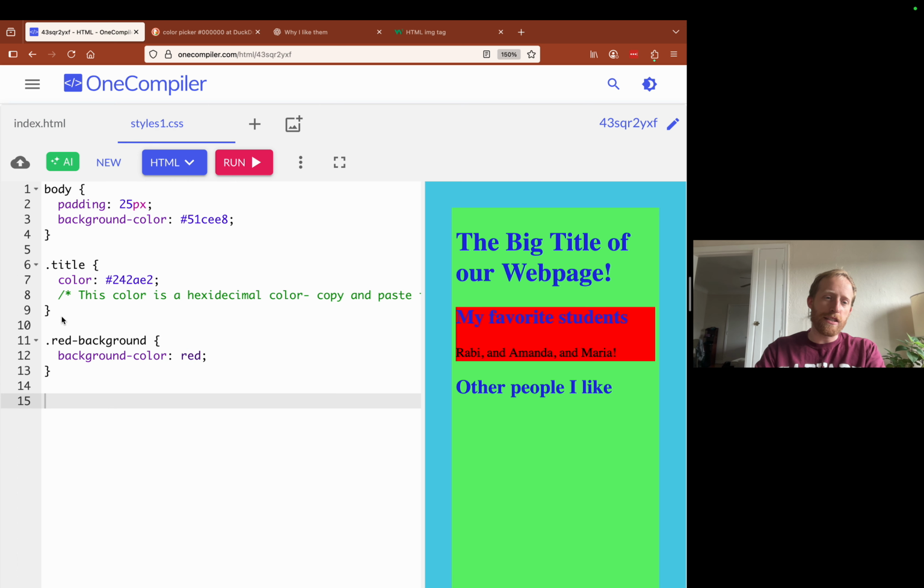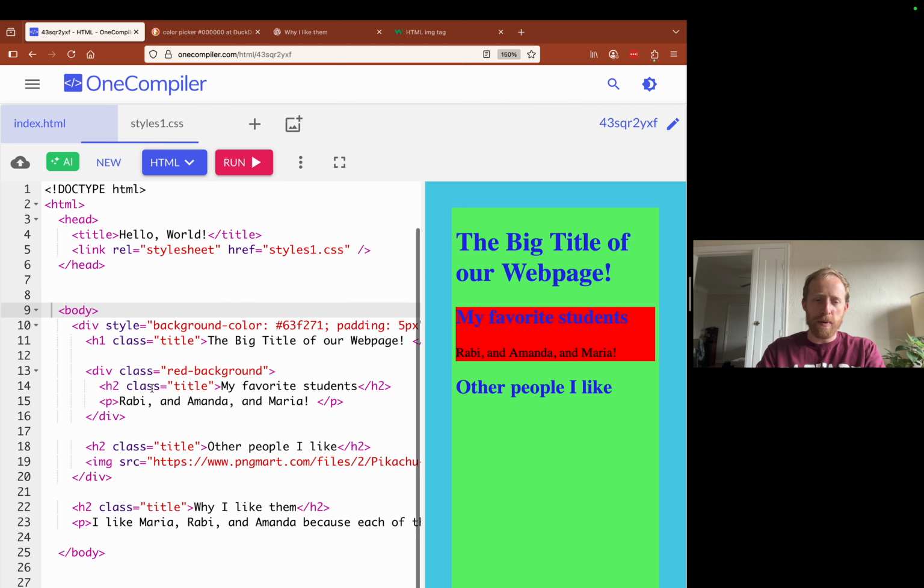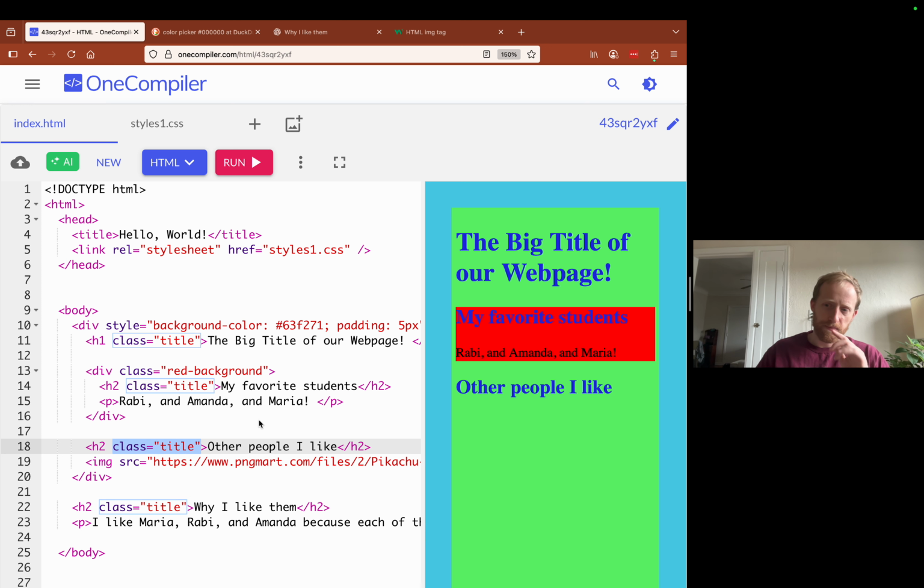So let's look at the title one again. We have dot title and then a color, and that corresponds to this class. Size. Say it again. Size. Okay, where do I write size?